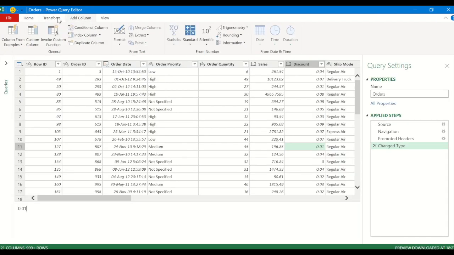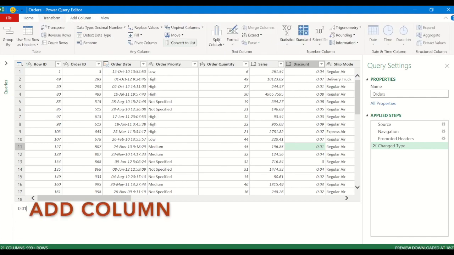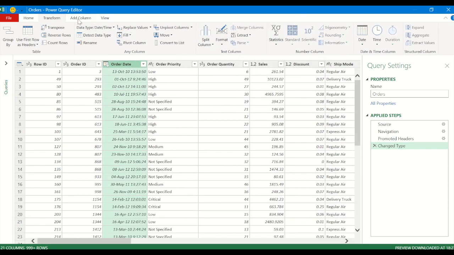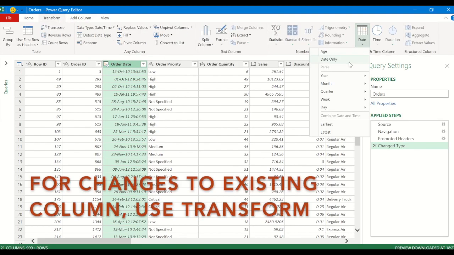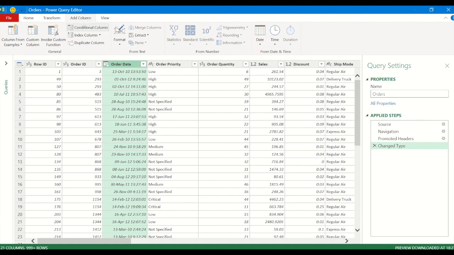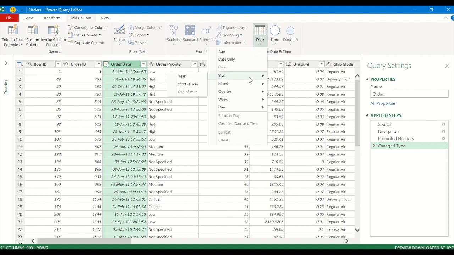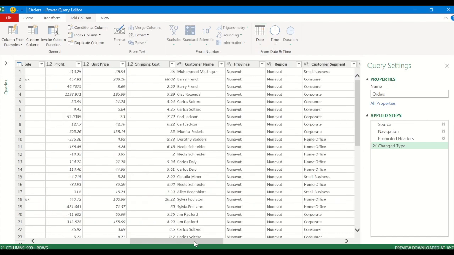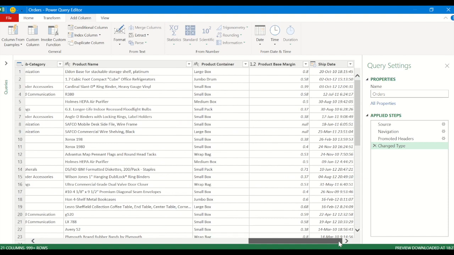PowerQuery has two ribbons, Transform and Add Column. Some of the features in PowerQuery are available under both the ribbons. Then what is the difference? As the name suggests, if you want to make changes to an existing column, then use options available under the Transform ribbon. And if you want to extract details in new columns, then use options available under Add Column. Right now, our objective is to create additional columns with date transformations, so we will be using options available under